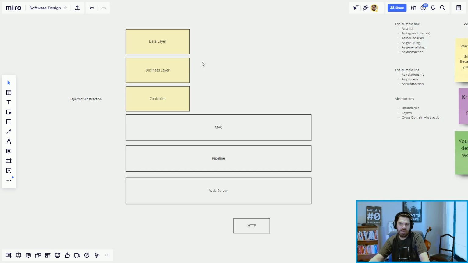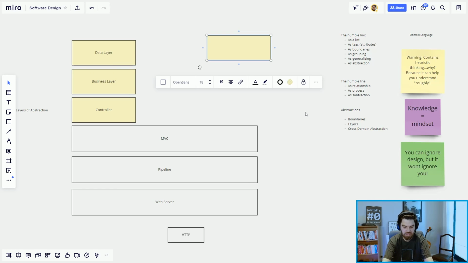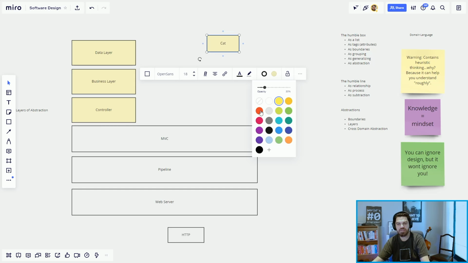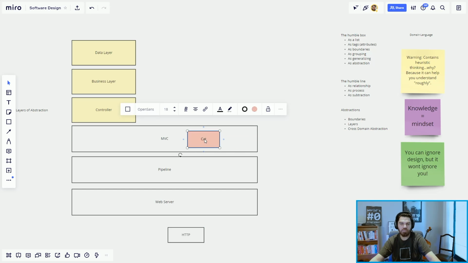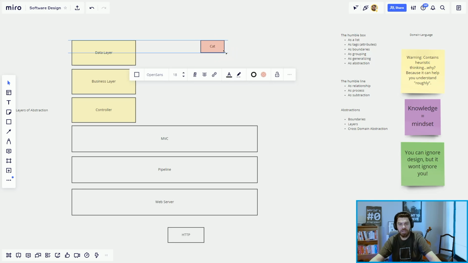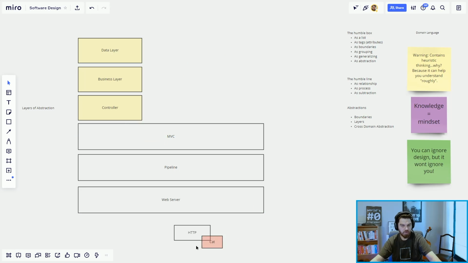Well, how do you relate this kind of diagram in boxes to the cat, for example? There's the cat. Let's draw that as another object. So the cat there is an object. So in an MVC, what it resolves to is a model. So this concept of a model view controller, this would be, let's say, representative of a model. We'll get into complications of this later on, but for now we're going to say, well, look,